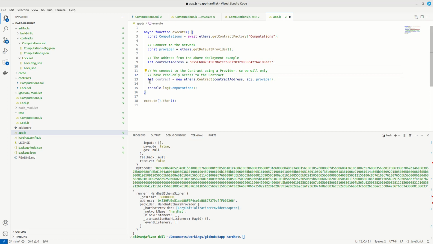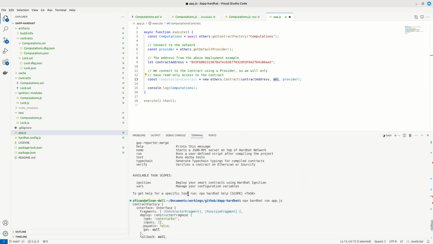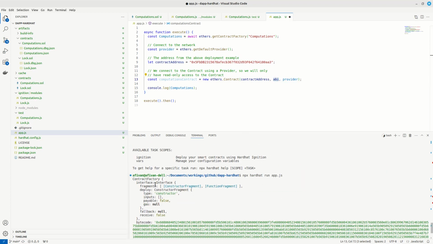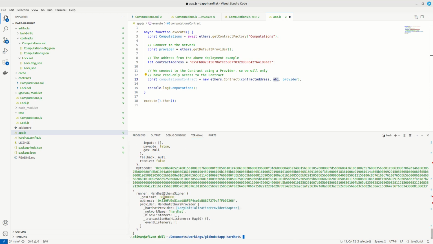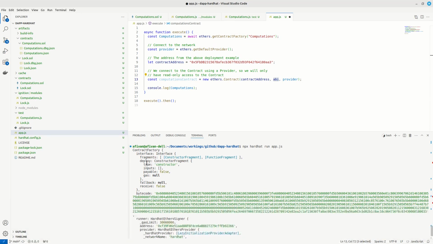So we will say const computations contract. It will be new ethers contract address, which is correct, ABI, which we will need to get somehow, and I suppose we will be able to get it from the contract factory, but I'm not sure. Bytecode, ABI, this is the bytecode, not the ABI. ABI should be,